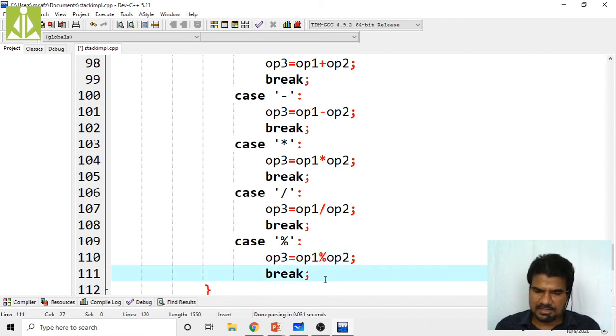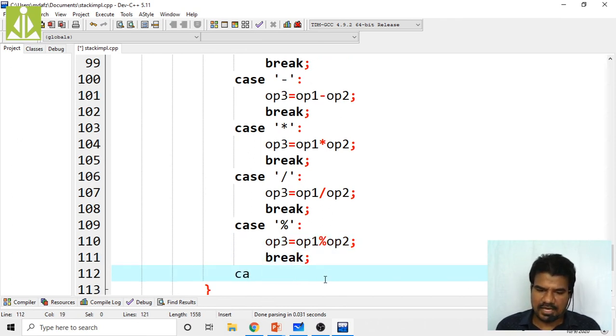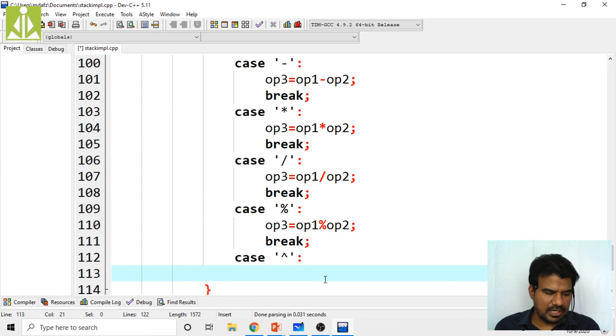Then lastly, we have a case with the power operator. In this case, operator 3, we have a mathematical predefined function to perform the power, power of operator 2 comma operator 1, like this we perform the power.